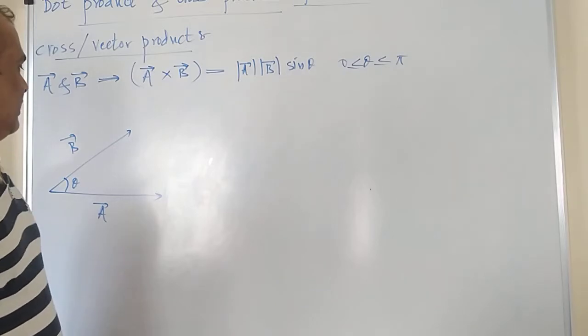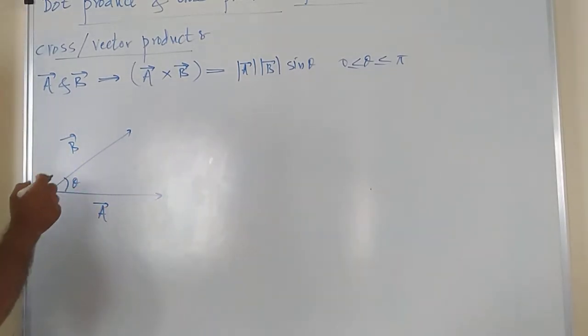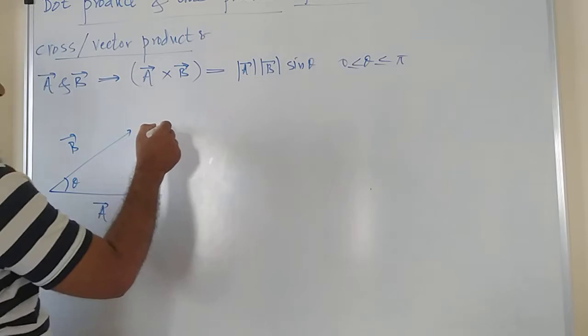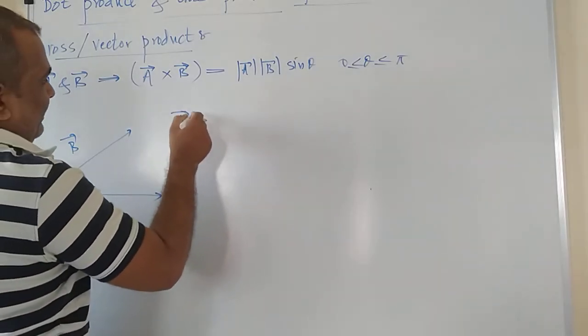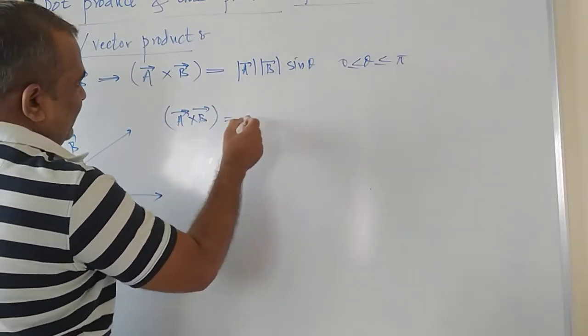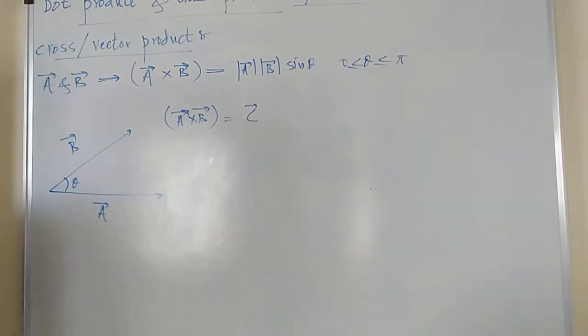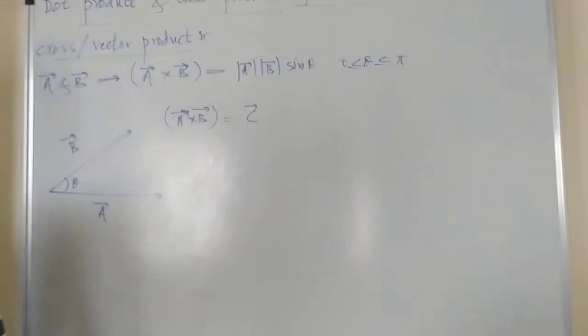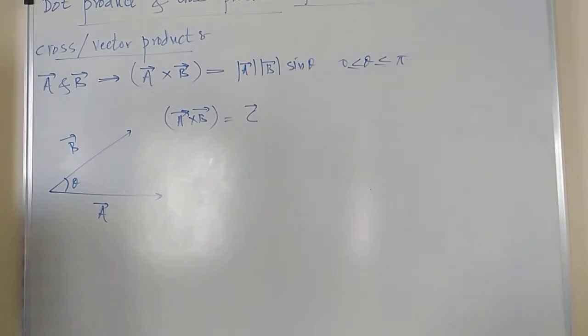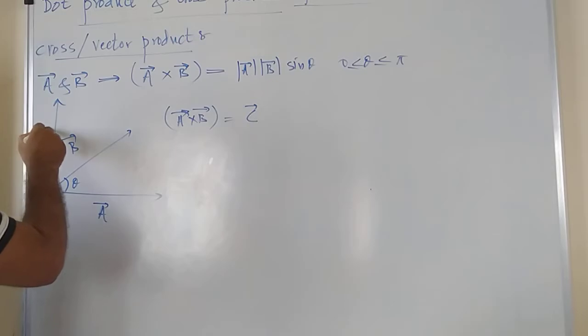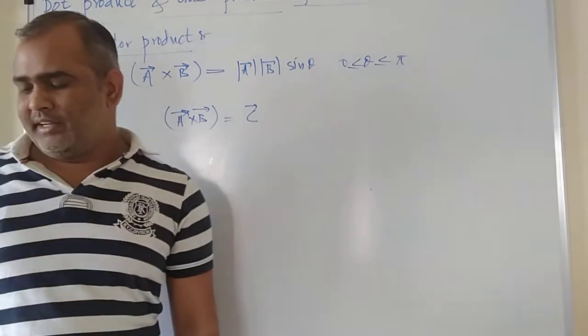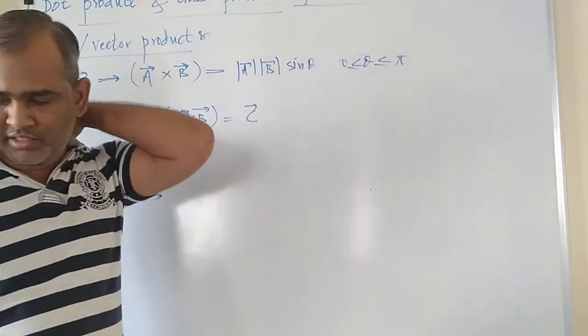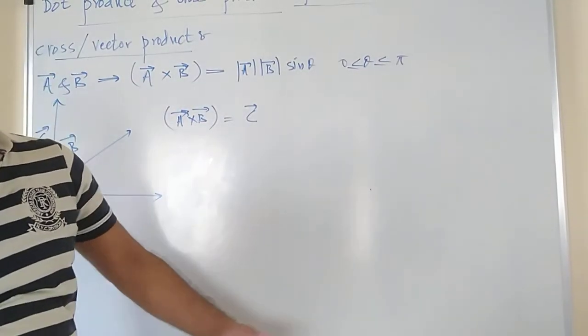Fine. Now the product of these two vectors A bar and B bar is again a vector quantity. Let us say this vector is C bar. Fine. So the direction of the third vector is perpendicular to these vectors and it is in this way. So this is your C bar. How to calculate the direction? We will study that after this.